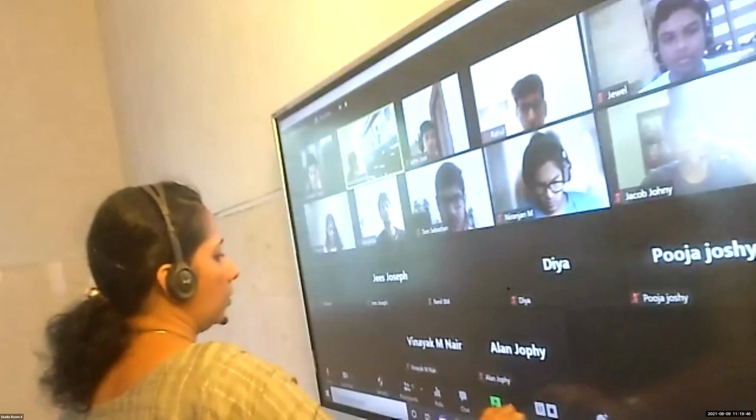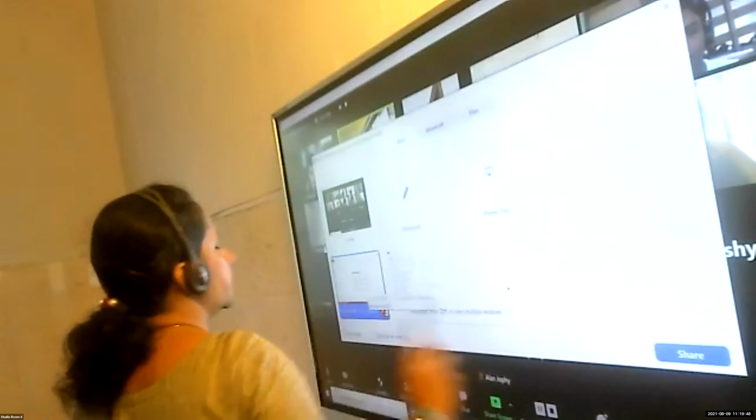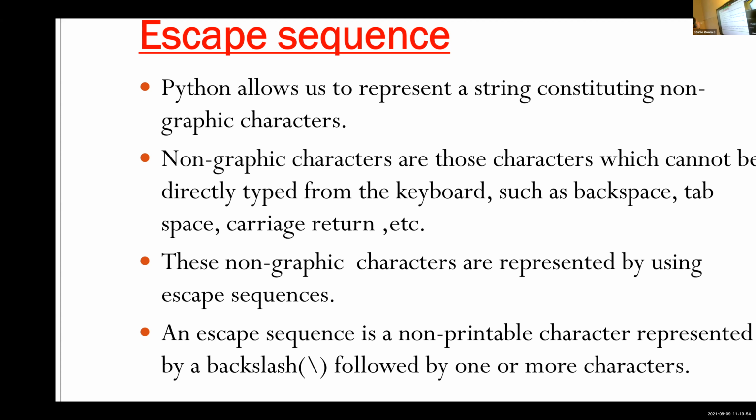Okay, we'll continue with the topic. So the next topic is escape sequences. Python allows us to represent a string constituting non-graphic characters.